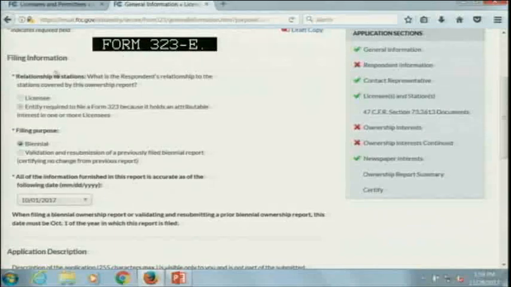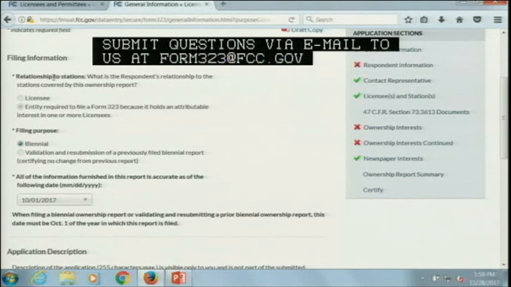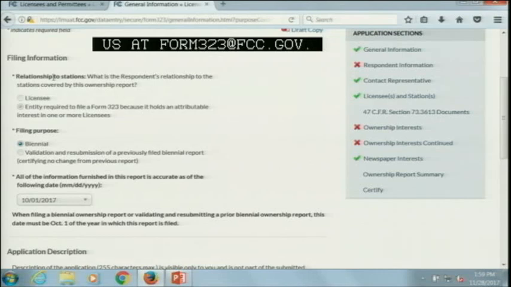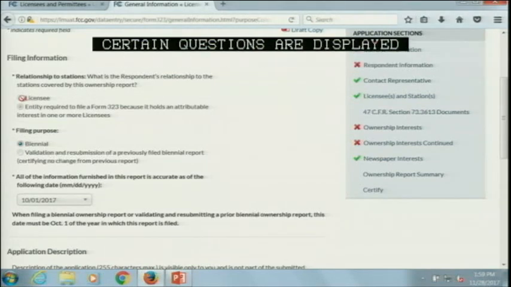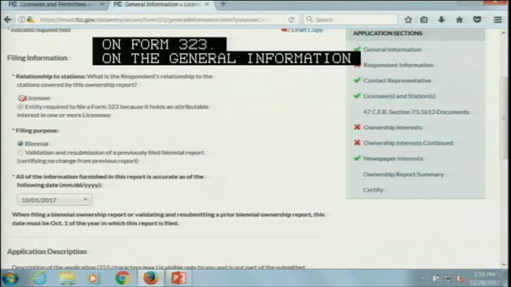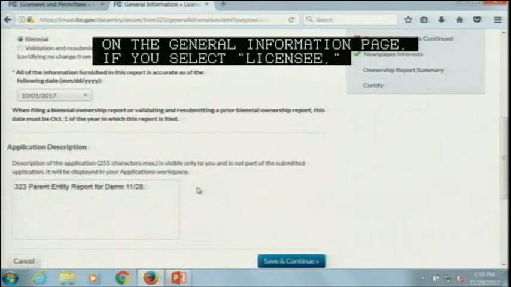All right, so here's the relationship to stations question. As with Form 323E, your response to the relationship to stations question will determine whether and how certain questions are displayed on Form 323. For instance, on the general information page, if you select licensee, the application filing fee question will appear at the bottom of the page, and it's not shown here because I